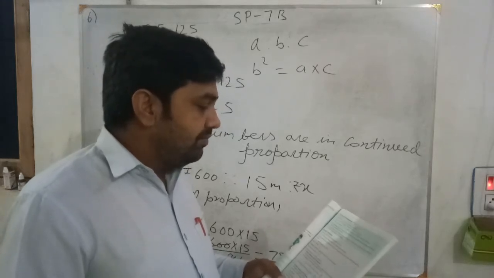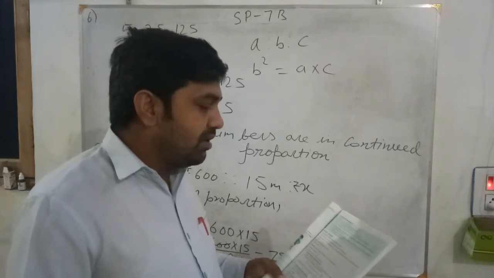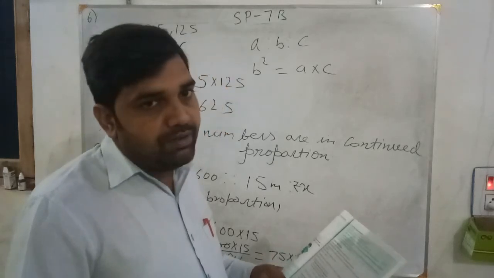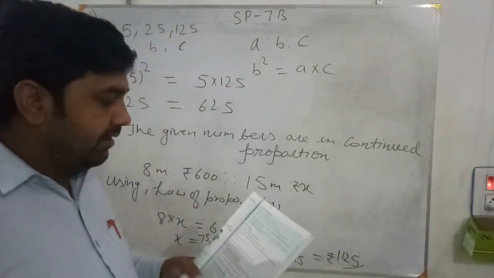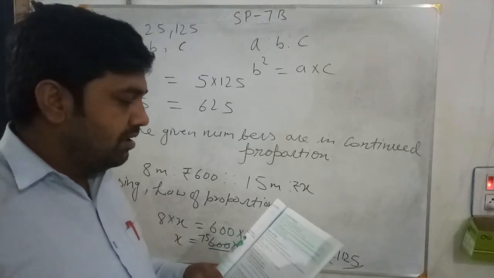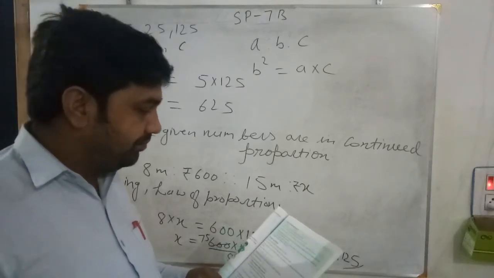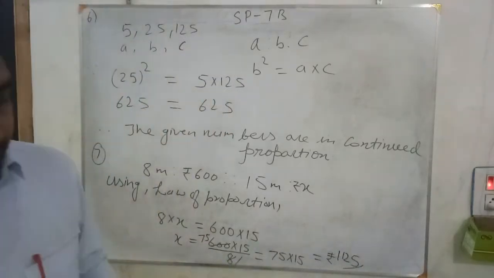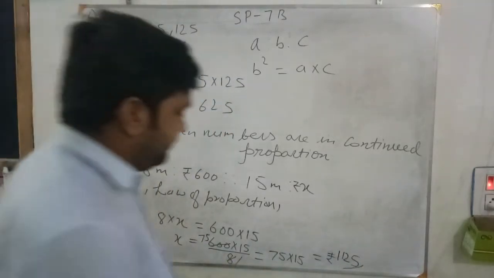So here the fraction of spending is equals to 5 by 9. The fraction of saving will be 1 minus 5 by 9, that is 4 by 9. So 4 by 9 of his monthly income. Let his income be X. See how you can do this question number 8.